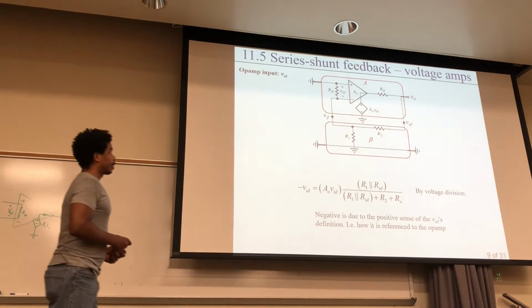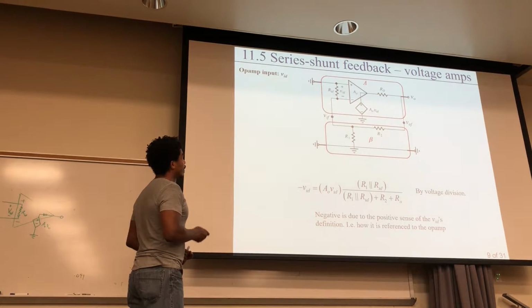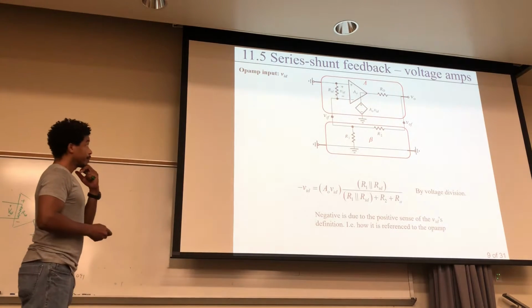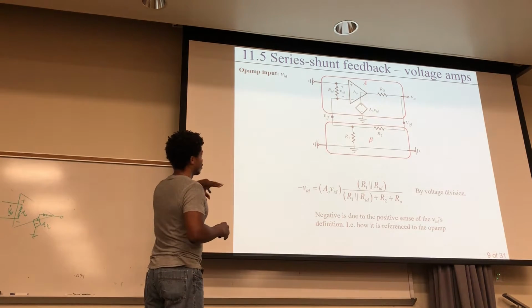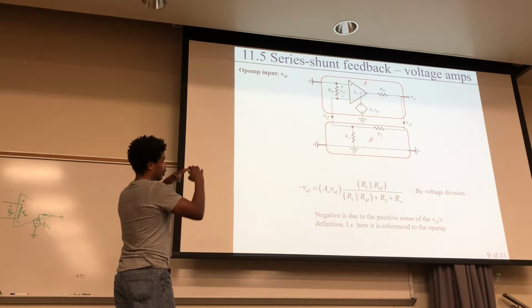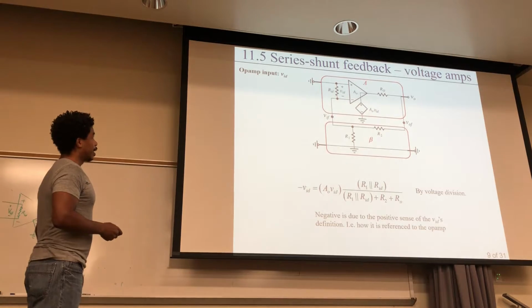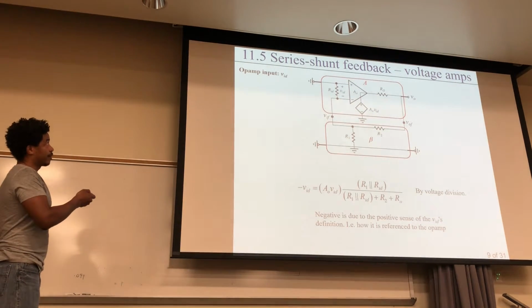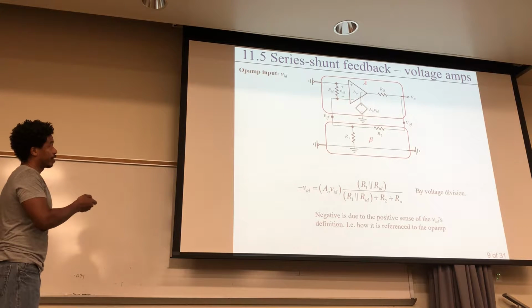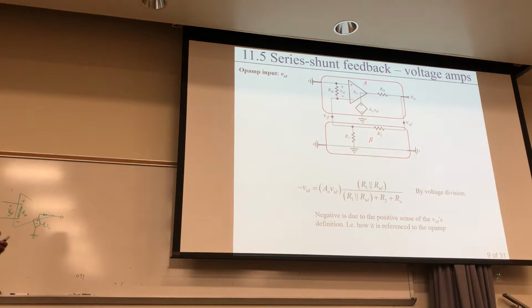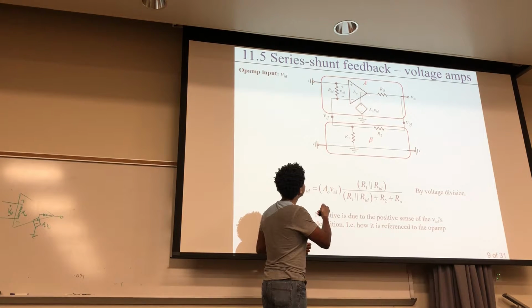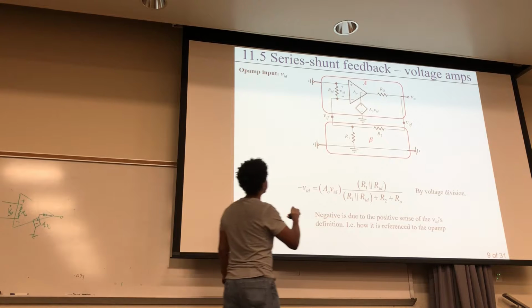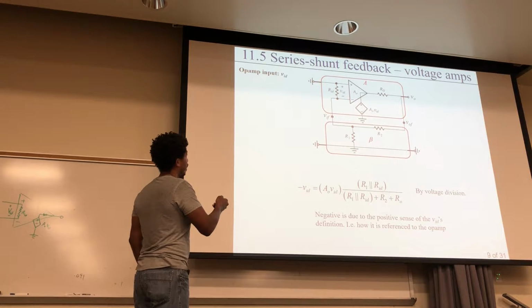Now, one way to do this is by using voltage division, right? And again, you have to start thinking graphically in a certain way, and then mentally change your circuits around so it'll make sense to you. So, the voltage that we're concerned about is this voltage right here, which is also all along here. It's all this voltage. Now we're starting with this voltage, right here. And so the thing is, this voltage right here is,